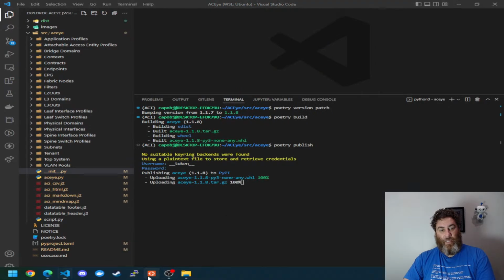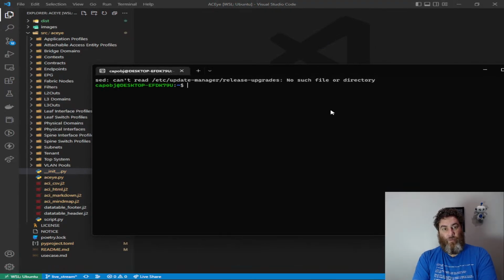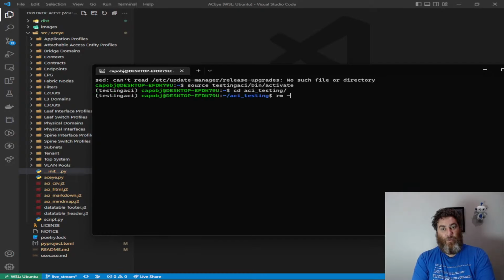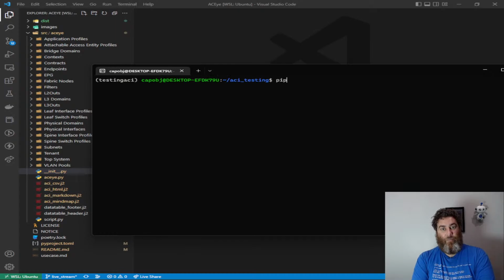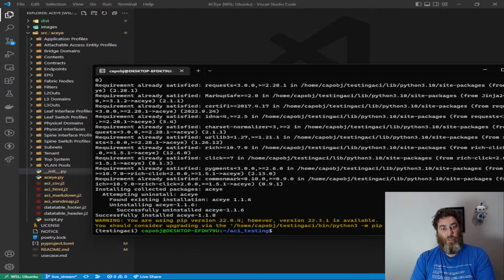And let's go back into the virtual environment. Source testing ACI bin activate. cd ACI, testing, rm -rf star. So there's nothing in here. Pip install ACI -U. I've successfully installed 118. And now if I do ACI,